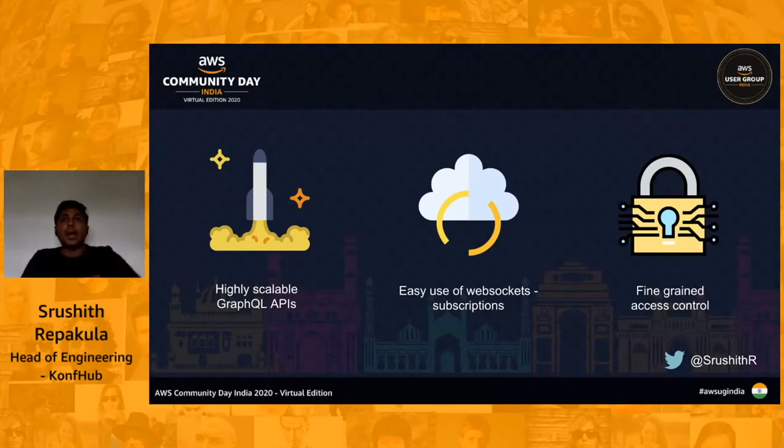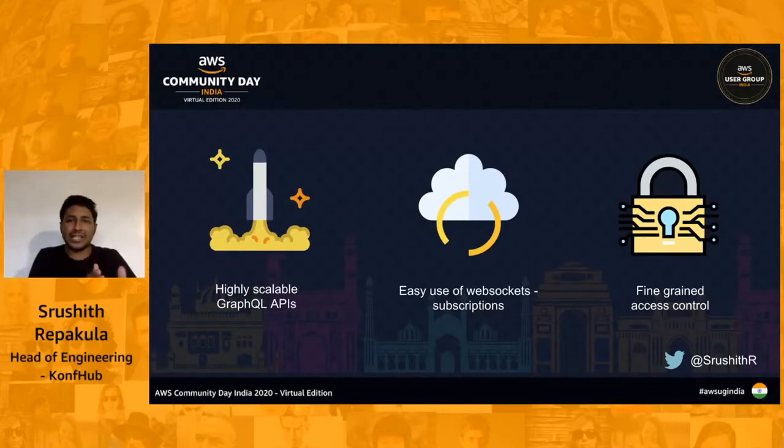A simple example: you have a blogging website and a number of blogs being displayed, and it's an open blog. So anybody can come to the blogging website and simply look at the blogs and read about them. But apart from that, let's say every blog author has an email ID. We don't want to expose the email ID to our non-logged in users for whatever reason, right? What we can do with AppSync is have fine-grained access control, not at the API level, where based on the authentication I will return the response. It's not going to be that. Rather, I'll return the response.